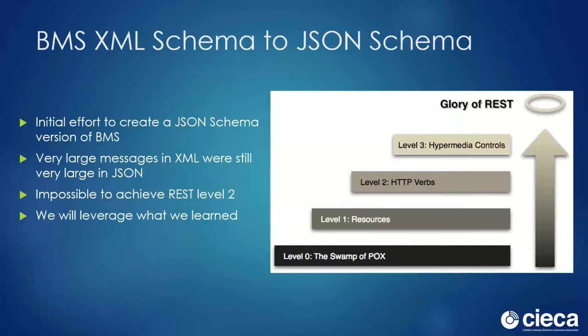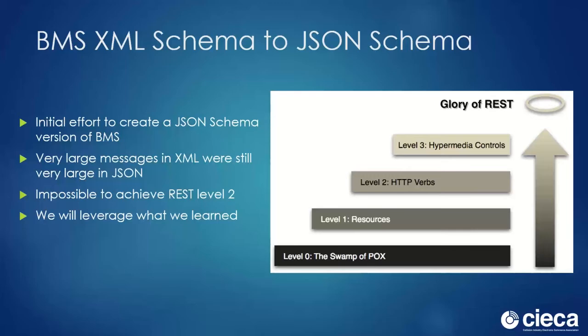A few years back, we started an effort to convert the existing XML-based BMS specification into JSON schema. You may have heard me talk about that in the past at some of these webinars. The goal at the time was to keep and maintain just one specification. We were hoping to maintain the XML schema-based BMS specification and be able to produce a JSON schema version along with each release. But we found it difficult to fully test, and it didn't address some of the issues I mentioned regarding list structures.